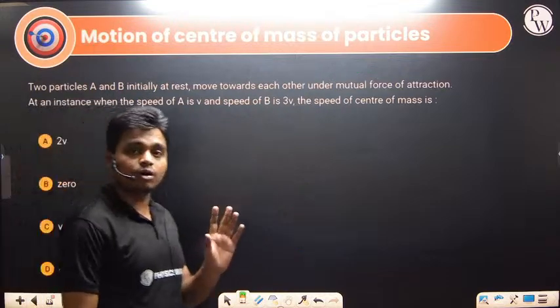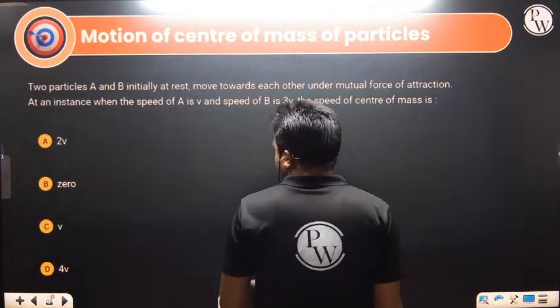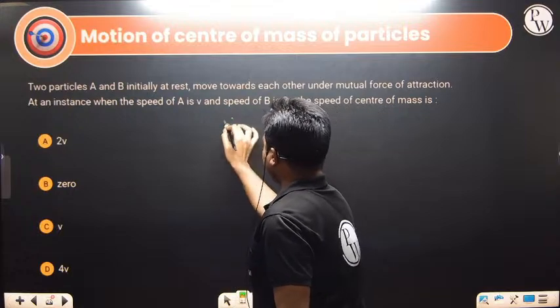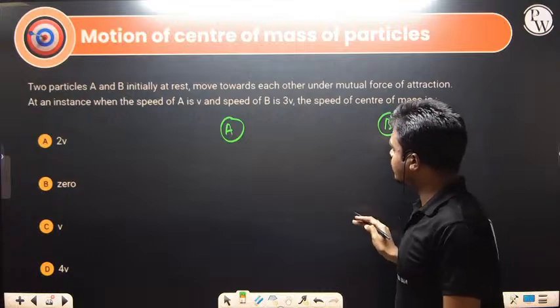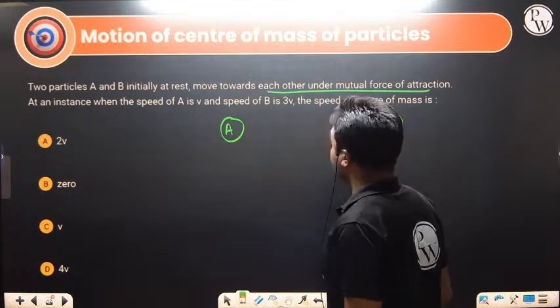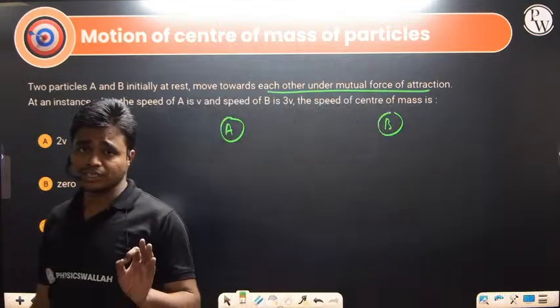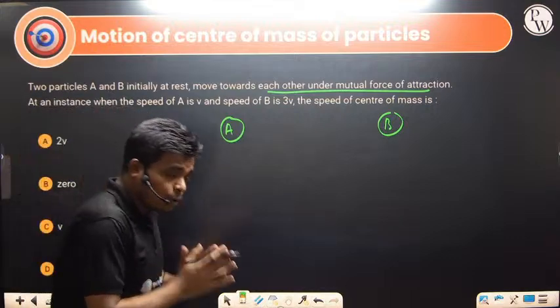That is coming from the formula based only here. Two particles A and B initially at rest. As per the given question, two particles A and B initially at rest move towards each other under the mutual force of attraction. They are moving towards each other under the mutual force of attraction, means whatever the forces that is acting on them,